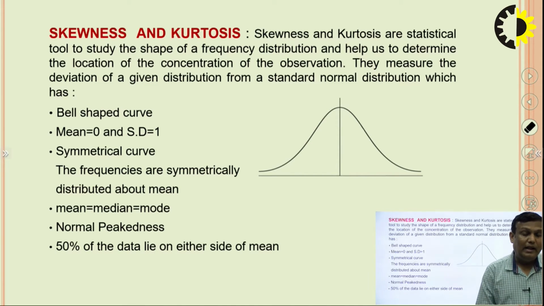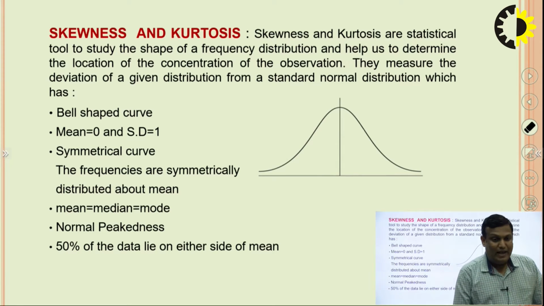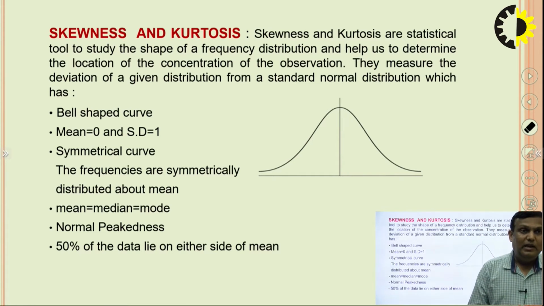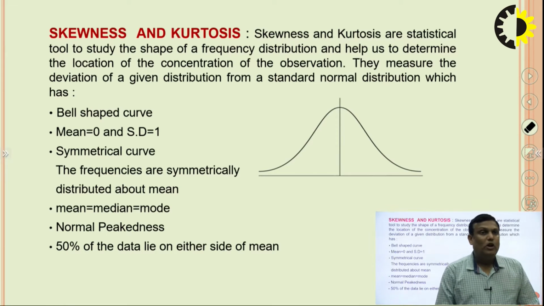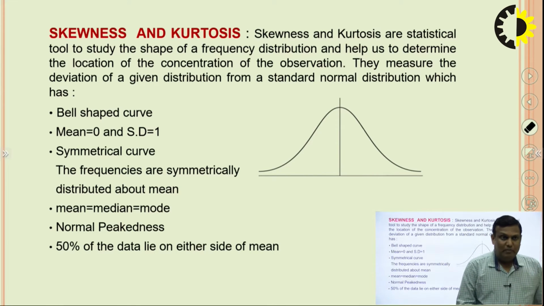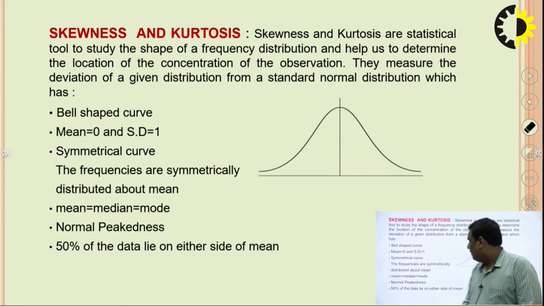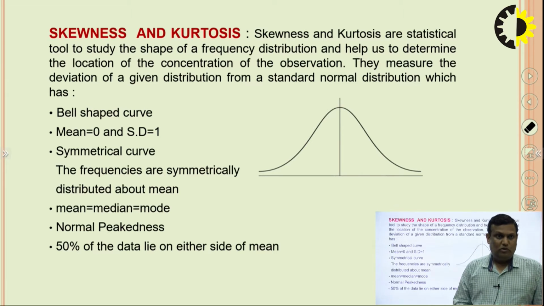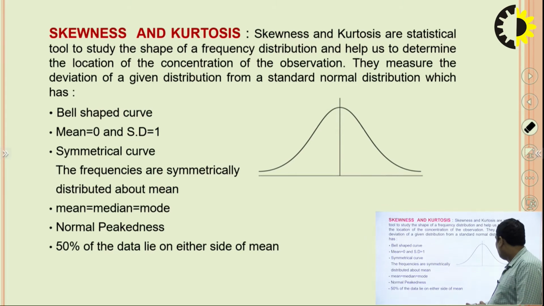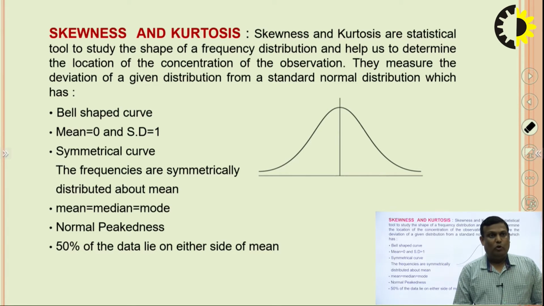In the standard normal curve, all three measures of central tendency, which are known as mean, median, mode, are symmetrical and the values are 0. It is symmetric about the y axis, as much on the left, as much on the right, both equal in a normal curve. Standard deviation is 1.